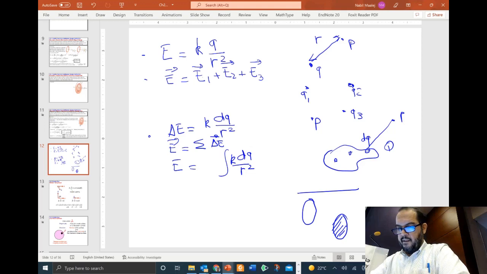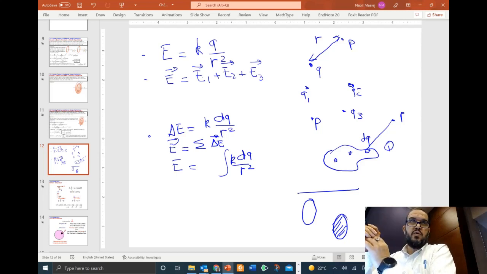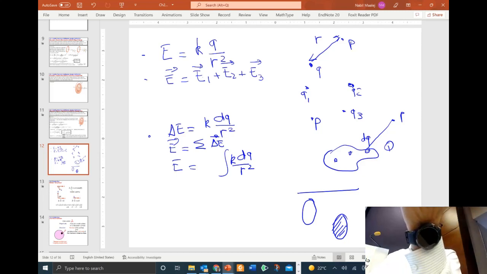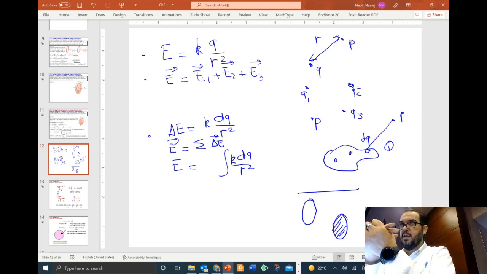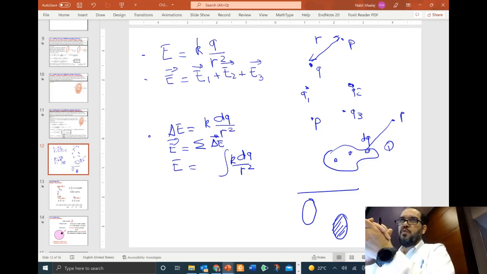Today we are going to try to simplify this a little bit further, because we know when you have an integral equation, if you don't have a uniform or an easy geometry, it's not easy to do the integration. You have to use a computer and numerical methods in order to do that. Computers are very good. You can do a summation of the whole volume of all of the electric fields, but if you do it manually, it's quite tedious. Today we're going to find another method which is quite powerful